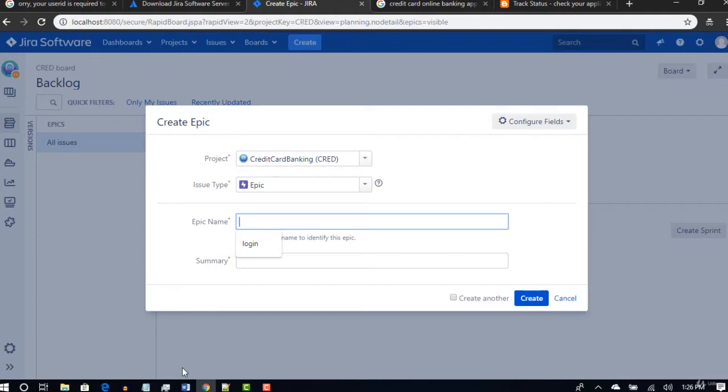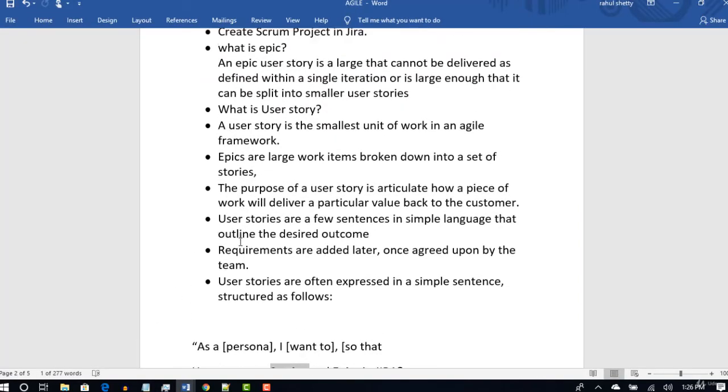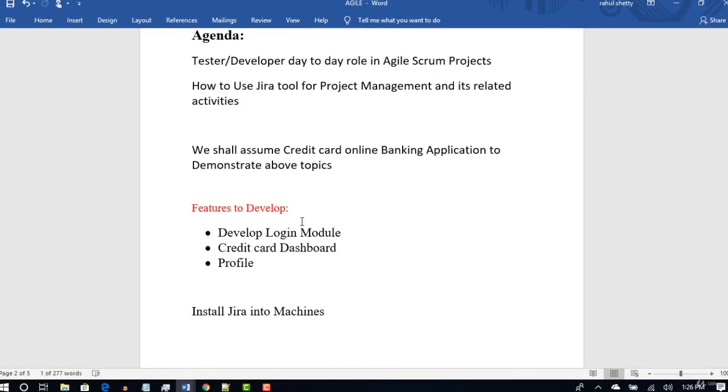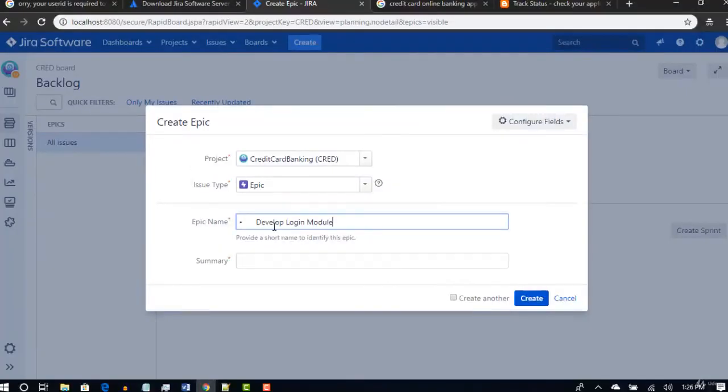So what is your epic name? Nothing but a feature name, what you want to develop. First we can say implement login module, and you can give a summary about it.